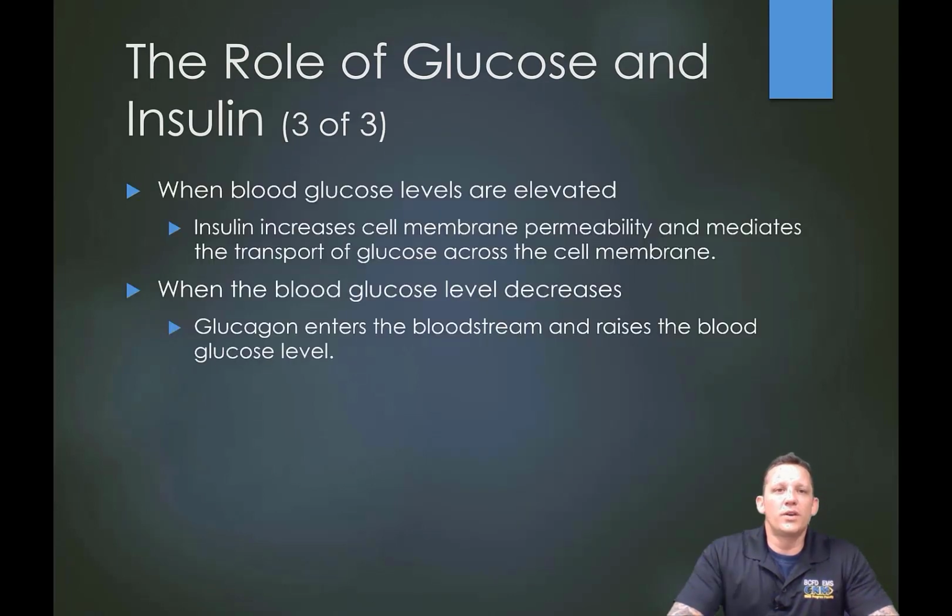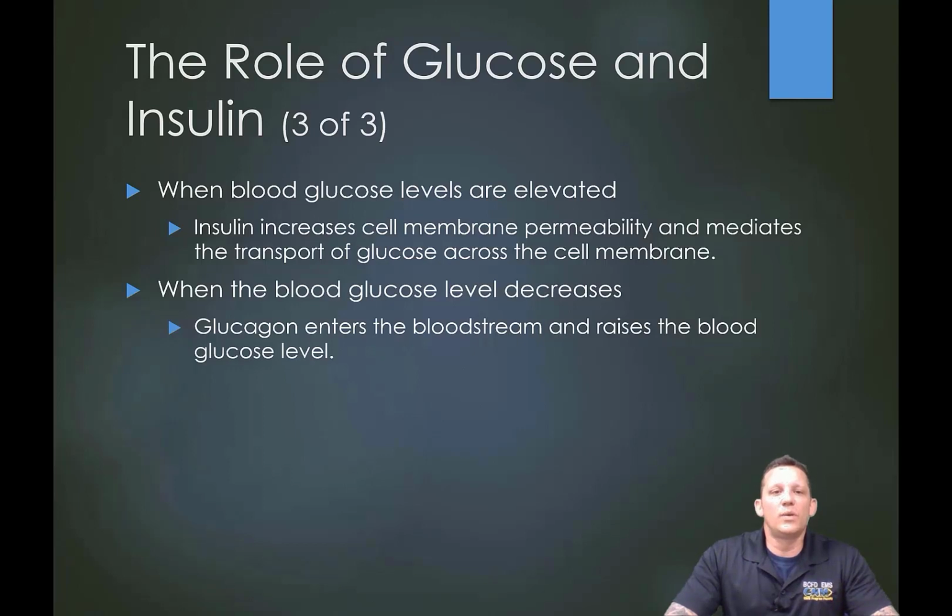emergency. A little bit more on the role of glucose and insulin, and we've covered this already, so just remember that when blood glucose levels are elevated, the body stimulates insulin to dump into the bloodstream, because we're going to use that insulin to be the gateway or the key for the receptor sites to open up the cell membrane permeability, and this allows glucose and other nutrients to actually get through the cellular membrane and feed that